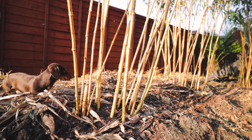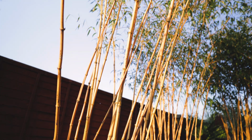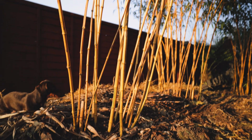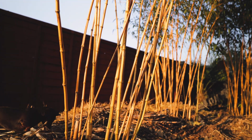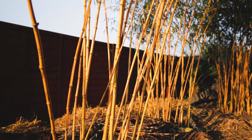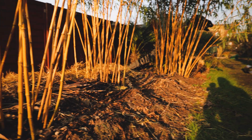So, let's be honest, if you want to grow bamboo, the main reason that will draw you in is these big canes from your larger timber bamboos like the Phyllostachys. Well, yes, it's definitely worth it, but there are definitely some precautions you also need to take. Now, these bamboos all look reasonably close together for now. That's purely because...